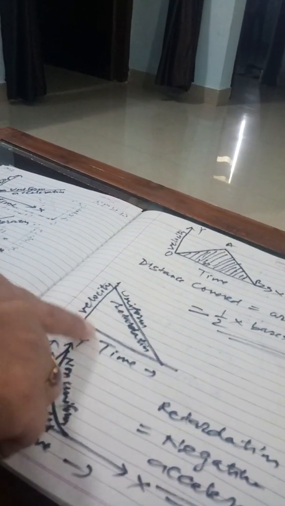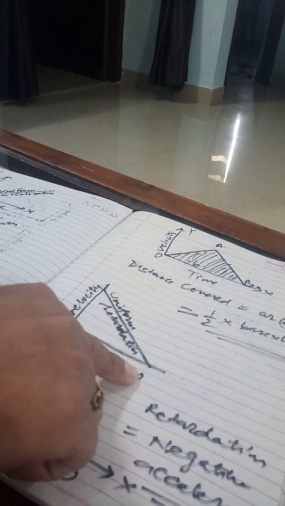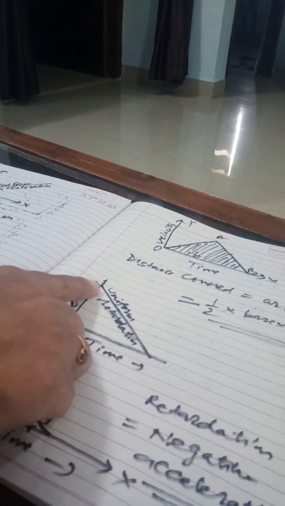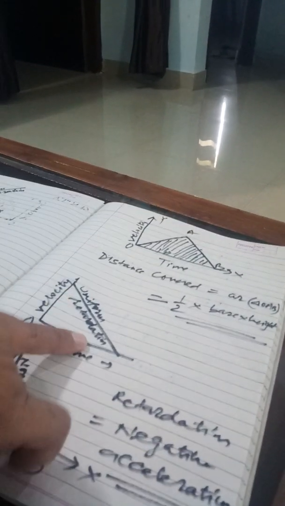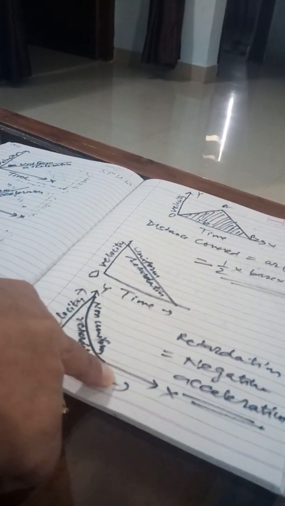So if a velocity time graph is a straight line, but this straight line is not starting from the origin, and if its nature is downward, this will be called uniform retardation. At the same time, if the velocity time graph is a curved line and it is also